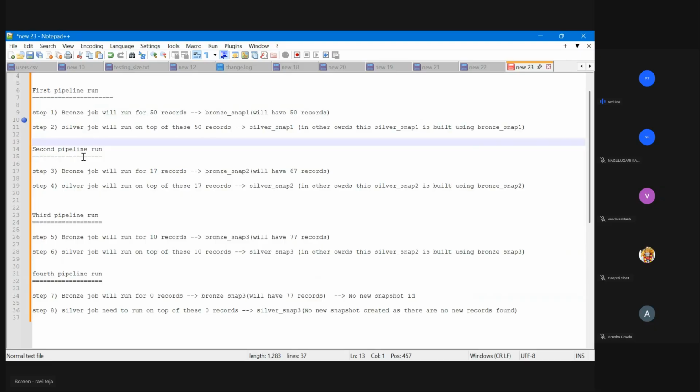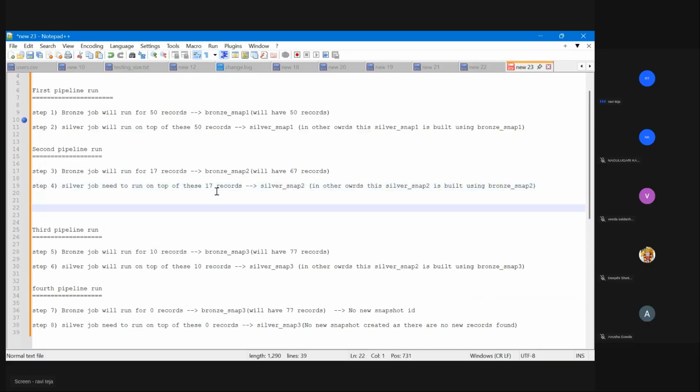Now in the second pipeline run, bronze job will run for only 17 records. Your bronze snapshot 2 table will have 67 records, but you need to process only the 17 records. Now silver job will need to run on top of these 17 records. How will it be able to run it? Simple.